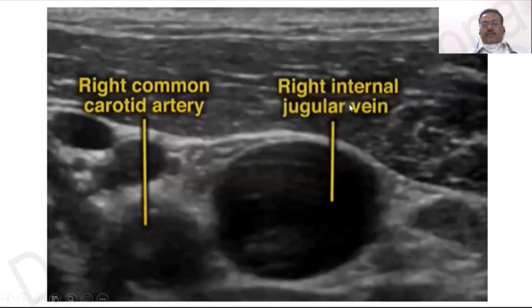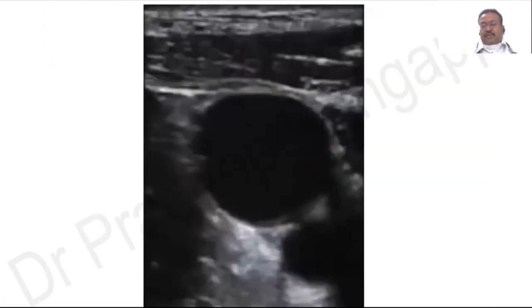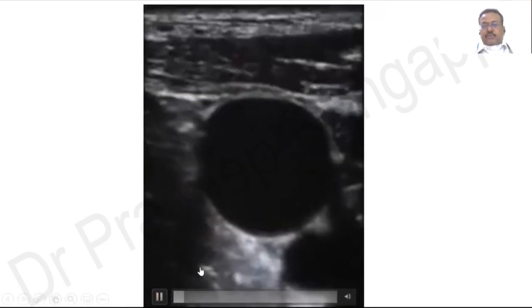And when you look in the ultrasound, this is how it looks. You will have an internal jugular vein, which will be very collapsible. I'll show you a video of this. And then you have another round one, which will be an artery, which will be more rigid. It will be pulsatile and non-collapsible. So if you look into the video, this is how it looks. I'll just show you the video.